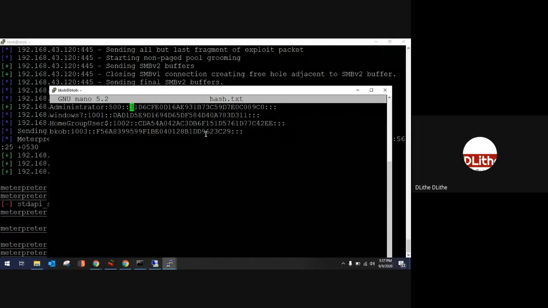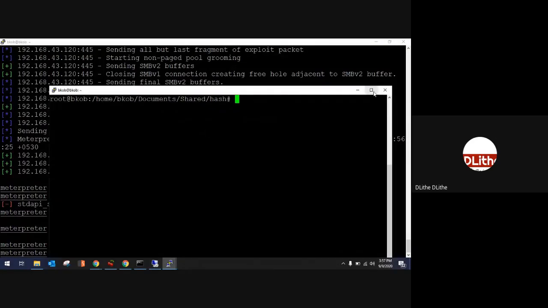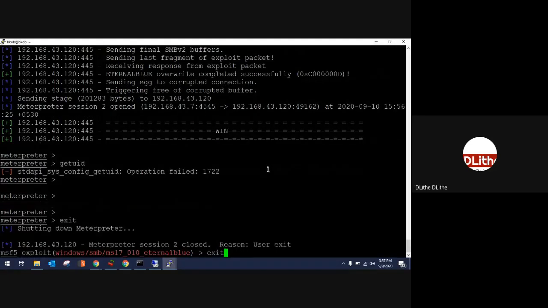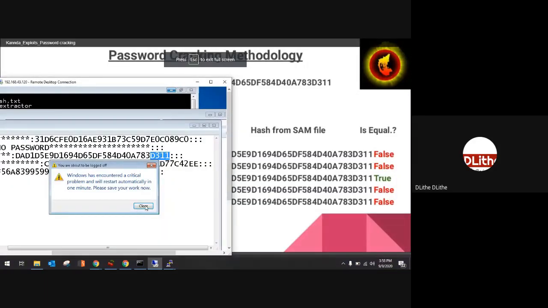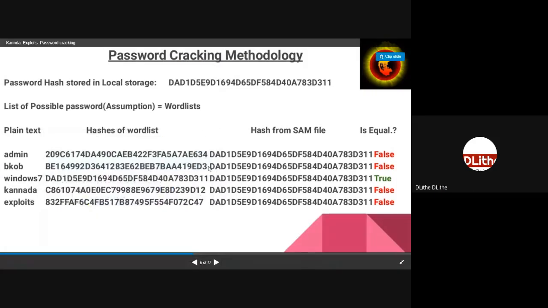Or else we'll do one thing. Let's see about Linux-based password cracking. There's a bit of an issue with my Windows system. Let's come to that part a bit later. We'll go with Linux-based password cracking, and then we'll come back to Windows once the system issue gets resolved. Okay, you see the issue. But let me first once again clarify the methodology.